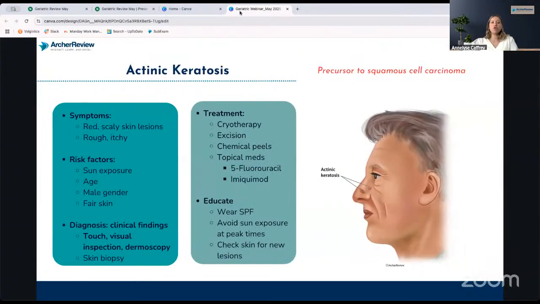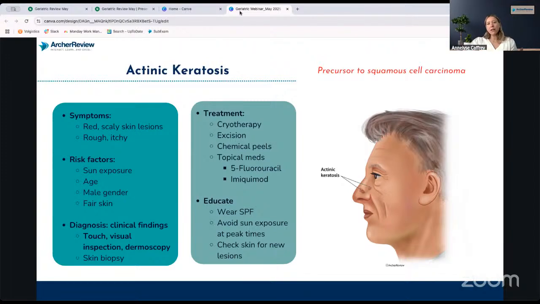Actinic keratoses, you should definitely know that these are technically not considered benign because they are a precursor to squamous cell carcinoma. They're those little rough scaly spots. You'll see them most often where you get a lot of sun exposure. So in men, especially like golf dads, sun worshipers, they'll get them on their ears, on their nose, on their forehead. Those need to be frozen off or chemically peeled off with like 5-fluorouracil. I can't even say that. 5-FU is what I call it. So those chemical peels or cryotherapy because they can become squamous cell carcinoma.